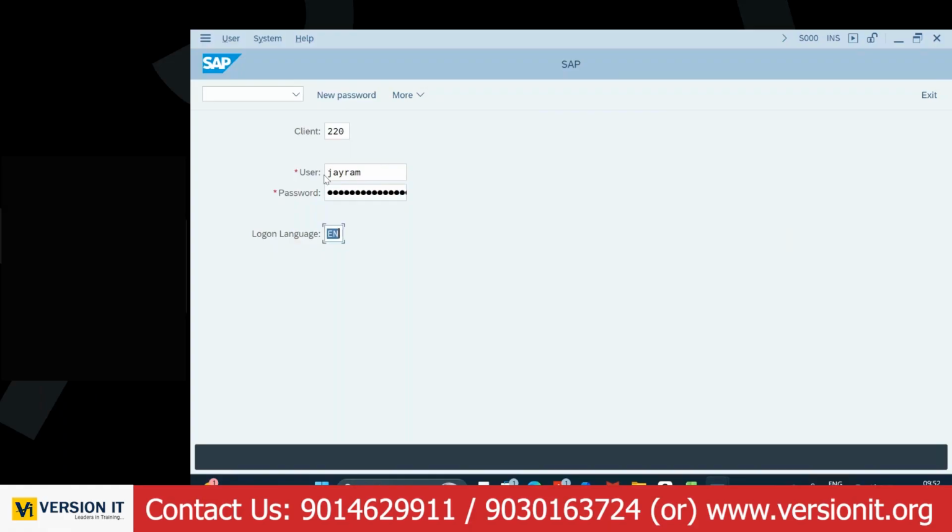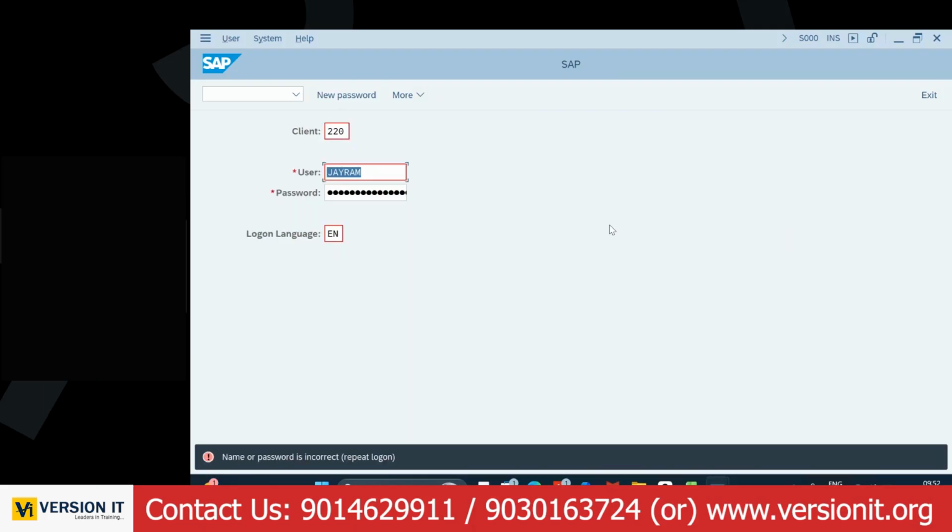SAP is supported in multiple languages. If you want to log in in English, German or Mandarin, you can log in and record the transactions. There are a lot of countries which don't speak English. If they want to use SAP, they should not have a language barrier. That is one reason SAP came out with multiple languages, so they can log in and use this application. Right now I'm logging in in English. This is the code used for that. And once you click on enter,